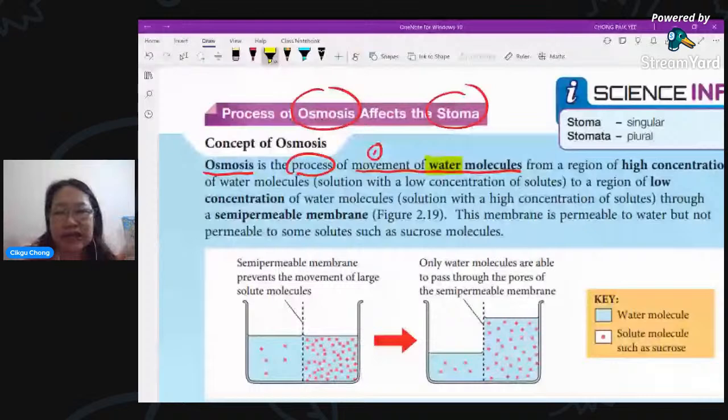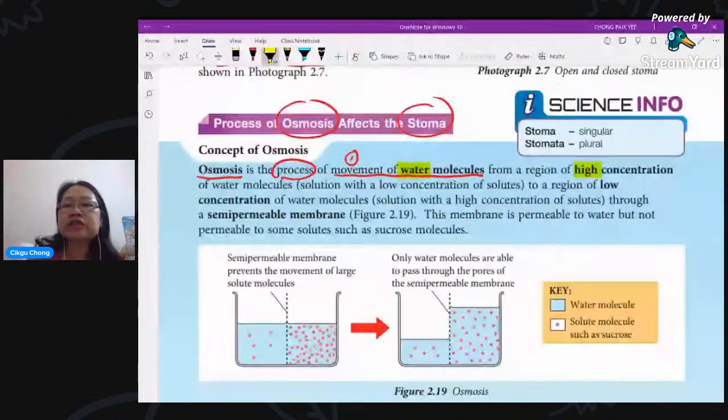Osmosis is only considered diffusion of water. Movement is something like diffusion: the gas or the molecule moves from one place to another place. It's called diffusion, and it's always from high to low. When you have an area of high concentration of water molecules, a lot of water here, to an area of low concentration of water, here more water, here less water, automatically it will move in, but it is through a semi-permeable membrane.